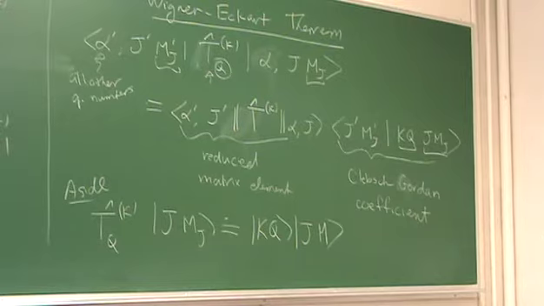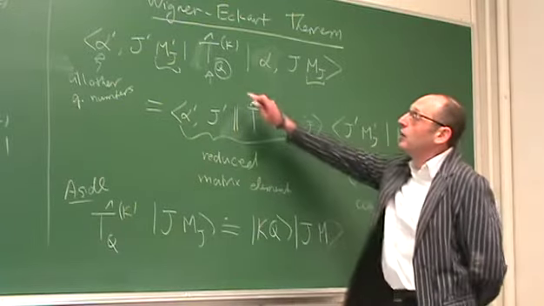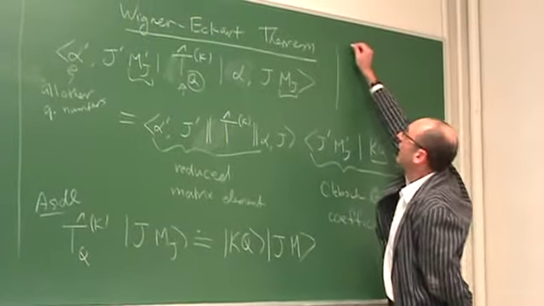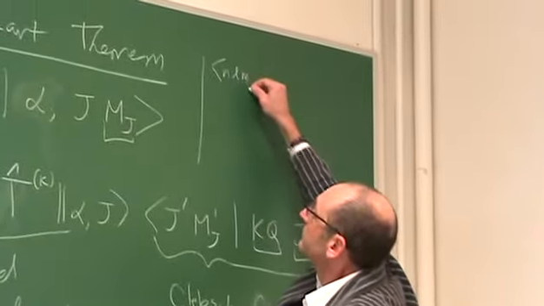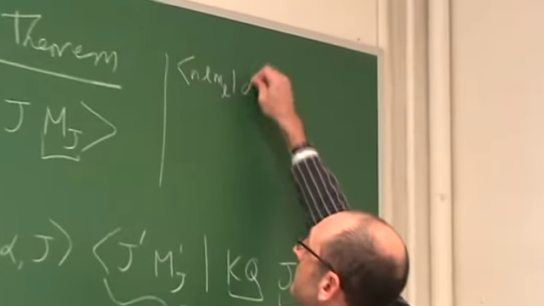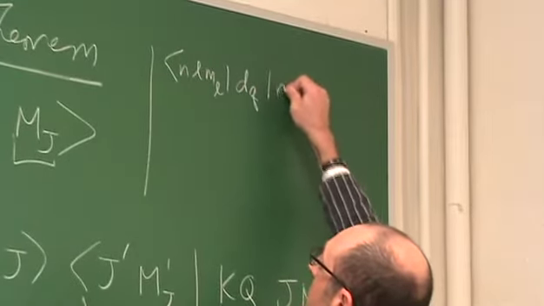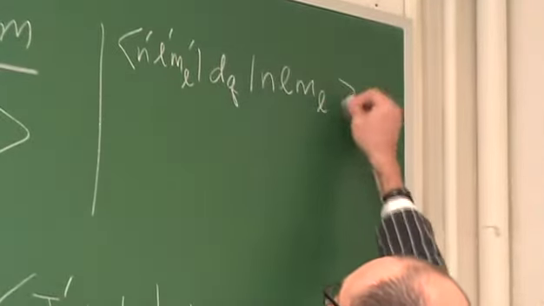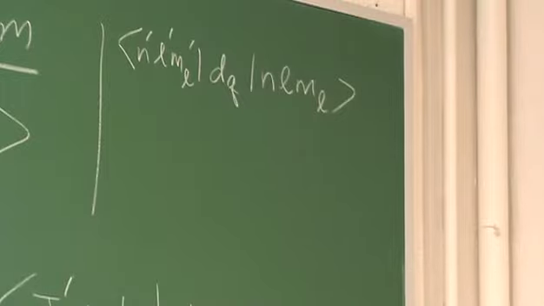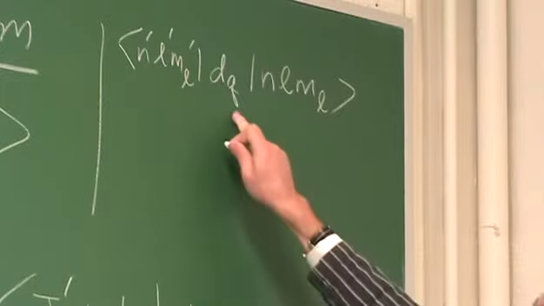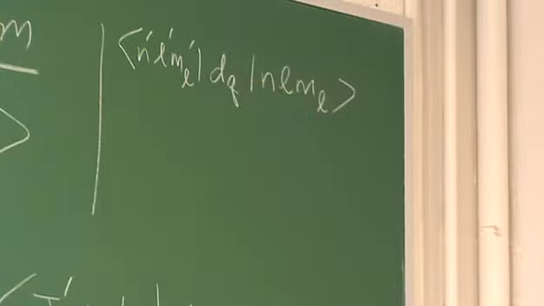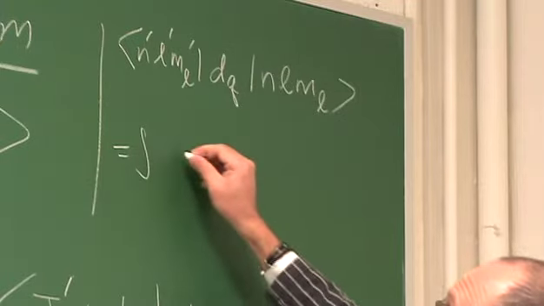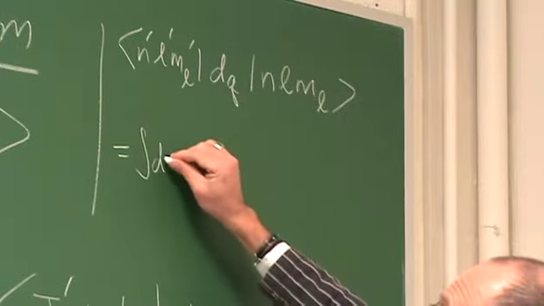Remember, we looked at the example at the end of class last time. This was the qth component of the electric dipole operator. And when we looked at this in the position representation, what we ended up with was